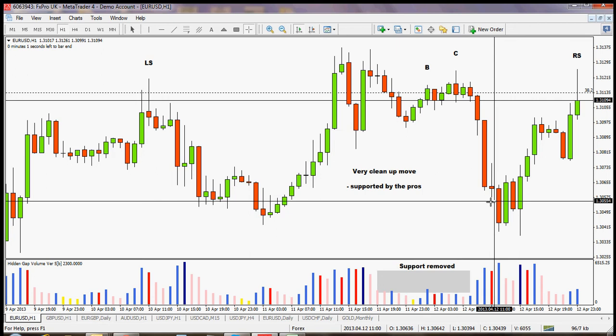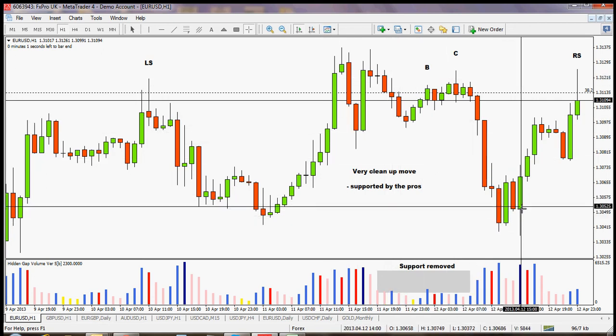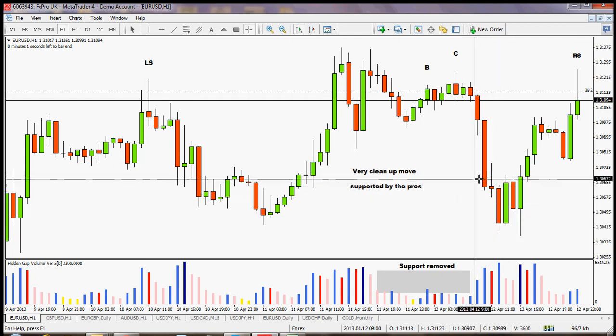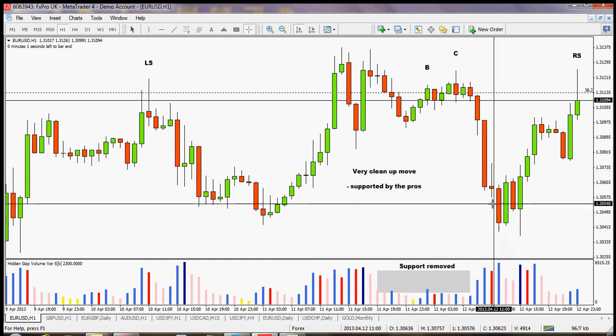Target on this would have been, well, you can see this is pretty much a bat shape here, so my target would have been down the 886 down here. There's a couple of other reasons I'd have had a target down there, but I've realized that I can't put that on YouTube because I've read the terms and conditions of a little tutorial I'm reading, and I'd get myself in trouble. Anyway, but I can tell you it's the